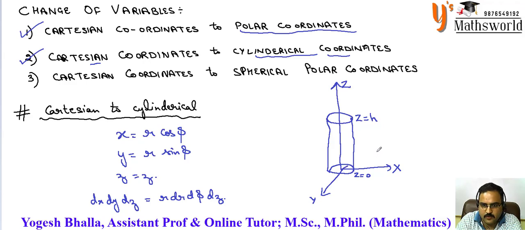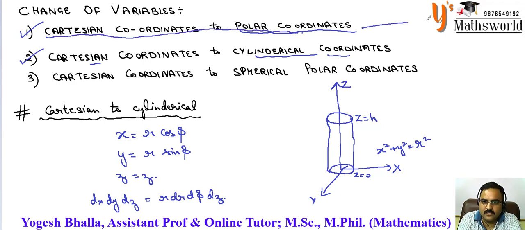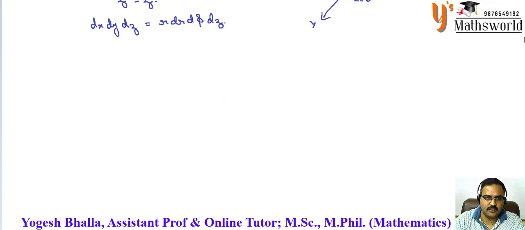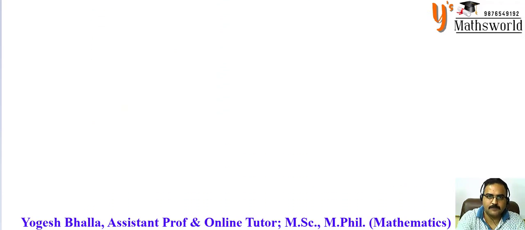Here the equation of the circle will be x square plus y square is equal to r square, where r is the radius of the circle. Now we have to integrate in these categories, so we'll start a few questions from this content. The video related to Cartesian coordinates to polar coordinates is mentioned over there, so you can view it and this topic will be clarified further. Now, coming to the question of Cartesian to cylindrical coordinates, let us discuss a question.